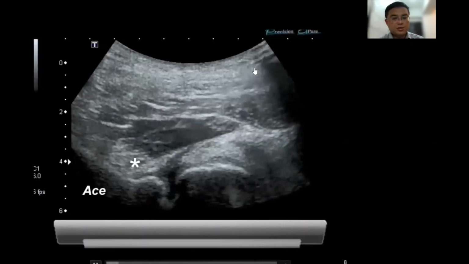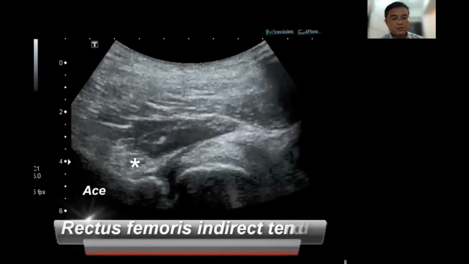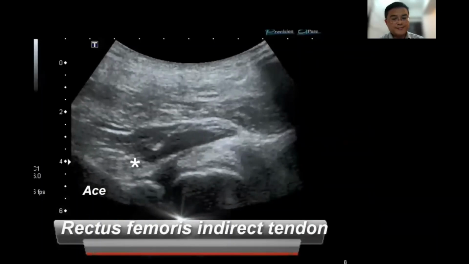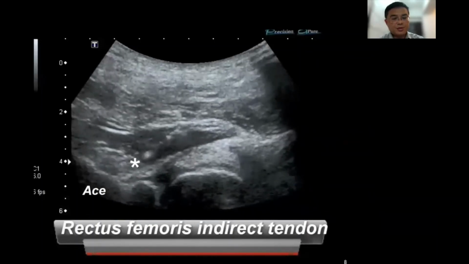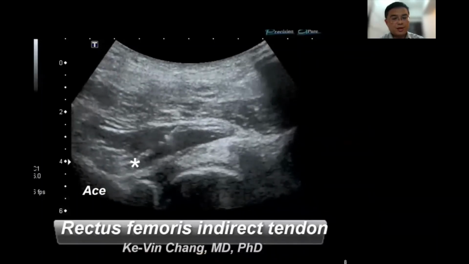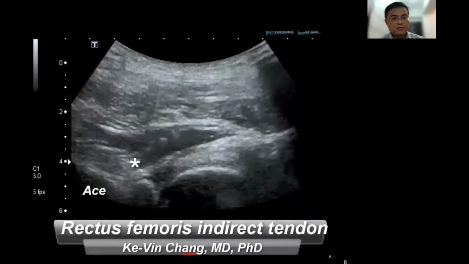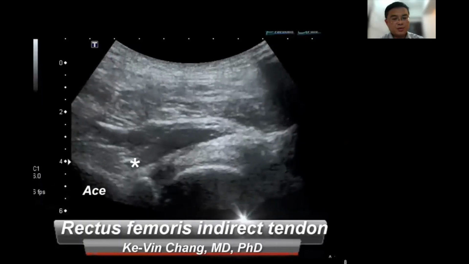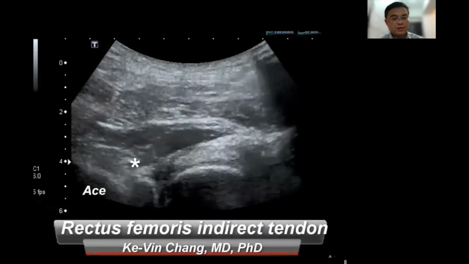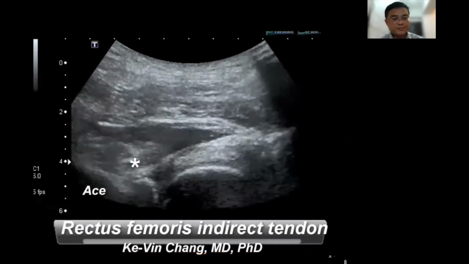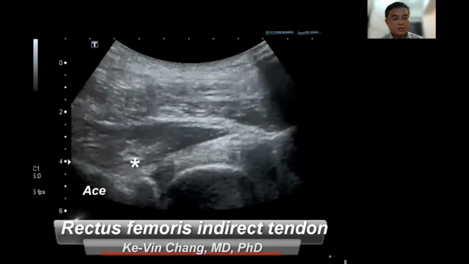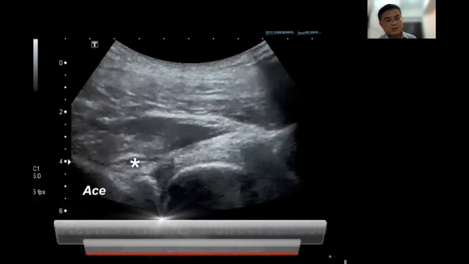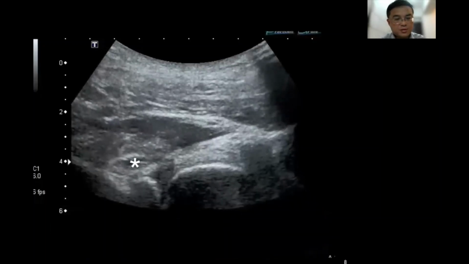So if you want to do the injection, you can pivot your transducer. You can place your transducer in the coronal plane, and then insert your needle from caudal to cranium, and then your target would be the indirect head of the rectus femoris. So once your needle reaches the correct place, you can distribute the injectate between the gluteus minimus muscle and the